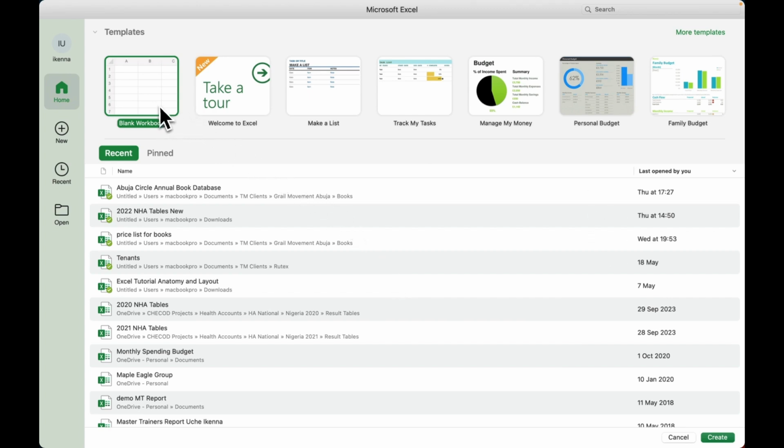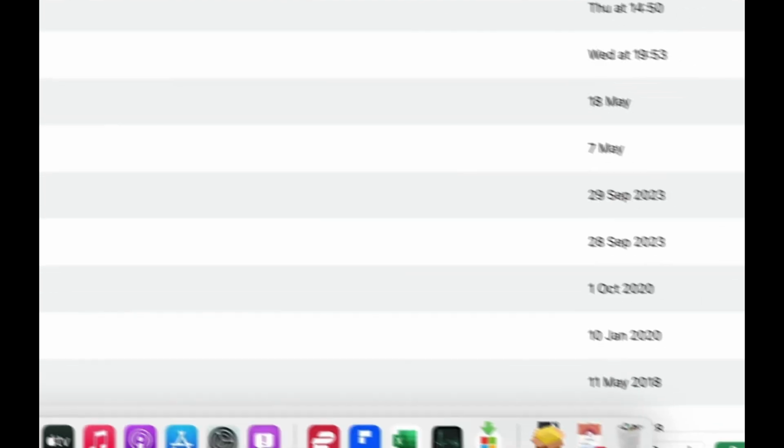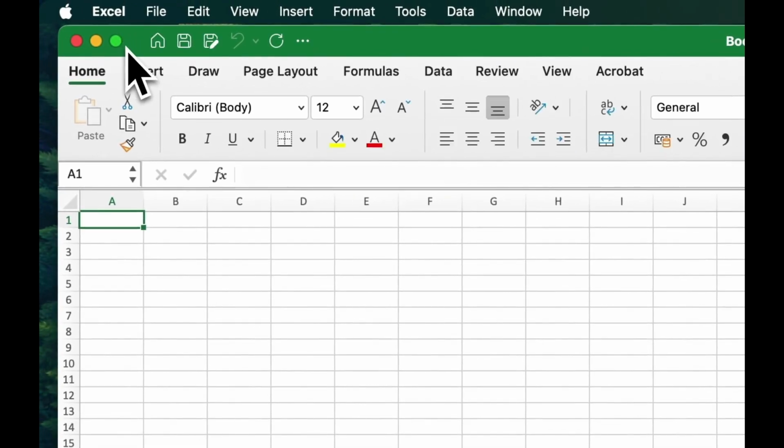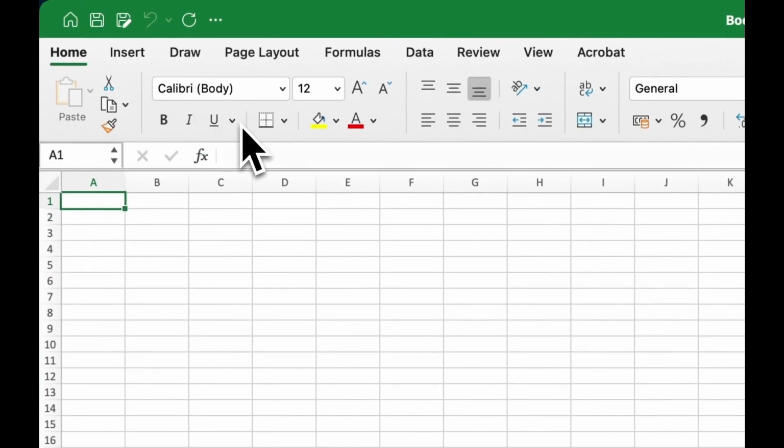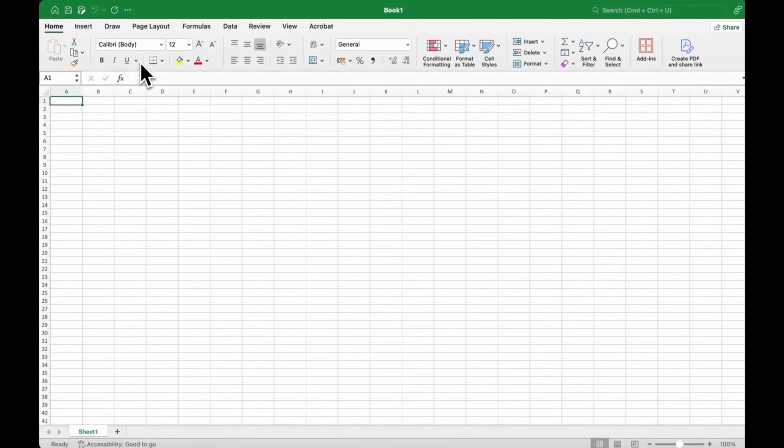So, we start by creating a blank workbook because I want us to all do this together. So you click on the blank workbook over there and click create. So now we have a blank workbook and we're going to start entering